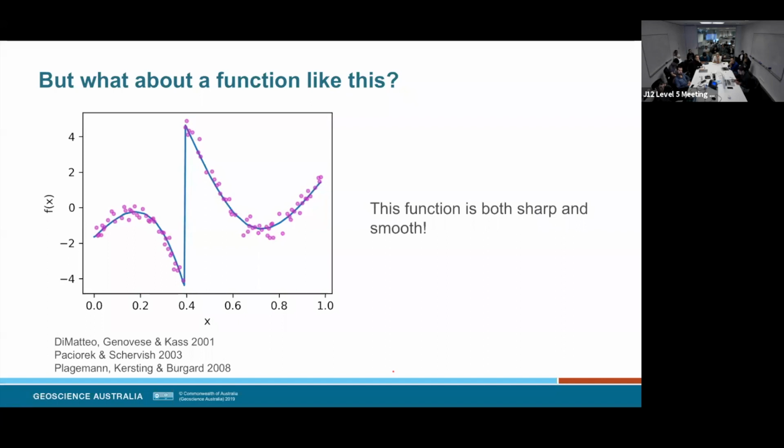This is from Christopher Paciorek's PhD thesis. He's worked on some methods to use non-stationary Gaussian processes to model such functions. And then Lang et al. did some work a little bit later.